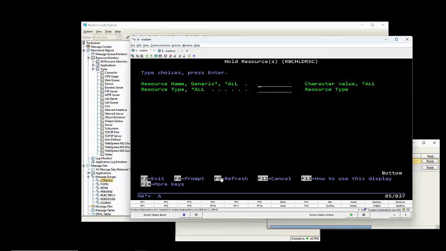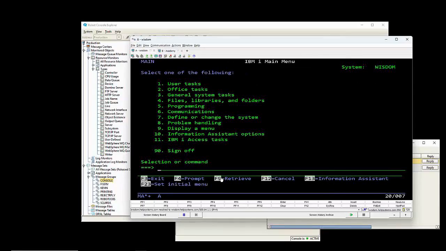For instance, you might be doing a backup. You need to end a bunch of subsystems before you run your backup. You don't want to get notified because it's normal. So you put those resources on hold so they don't check during the backup. Maybe you do this in a before program. And then in your after program, of course, you would do the RBC